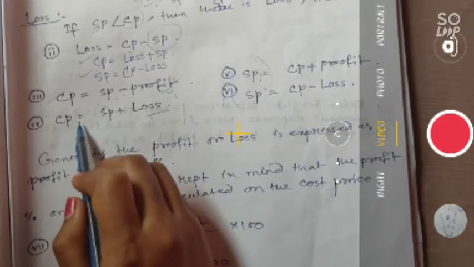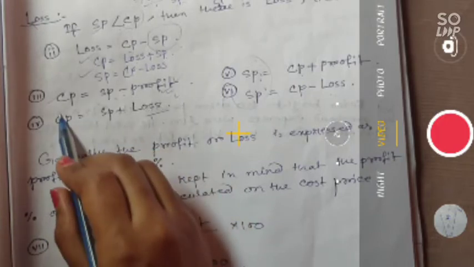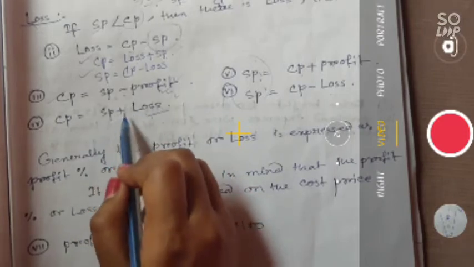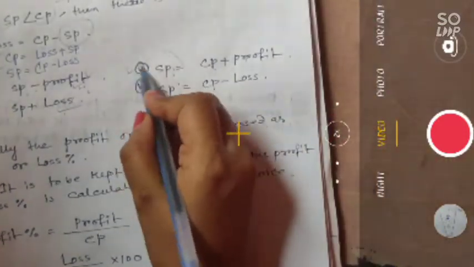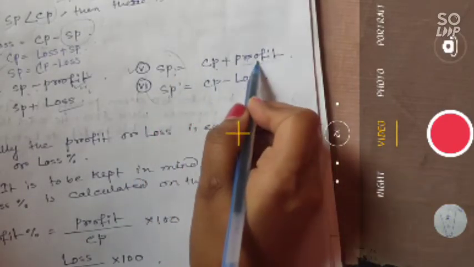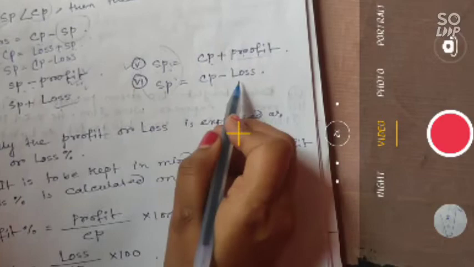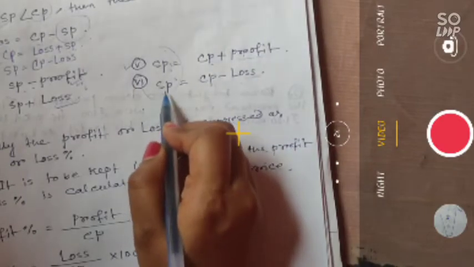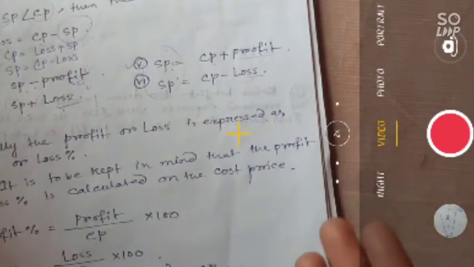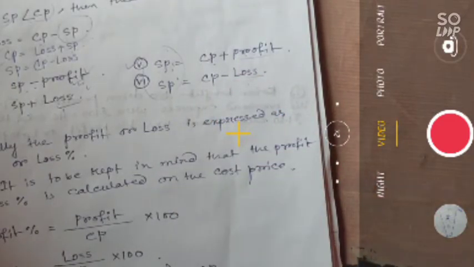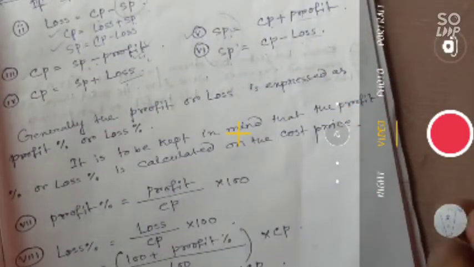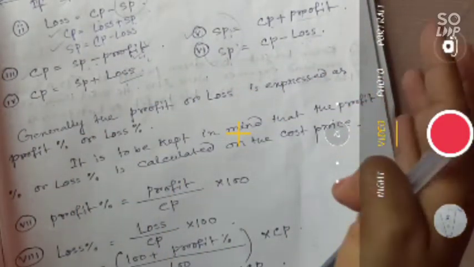So yes, in the case of loss, CP is greater. That means you have to add SP plus loss. Similarly, in the case of profit, SP is greater, so that means you have to add CP plus profit. And in the case of loss, SP is smaller, so CP minus loss. So smaller এর জন্য আমরা মাইনাস করব, and greater এর জন্য আমরা প্লাস করব। এটা জাস্ট আমি ফর্মুলাটা মনে রাখার একটা ওয়ে বললাম, তোমরা এইভাবে মনে রাখতে পারো ফর্মুলাটা। ওকে।